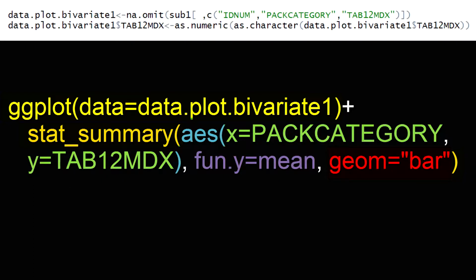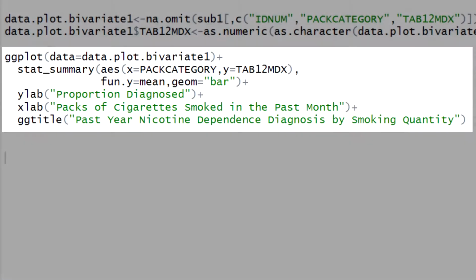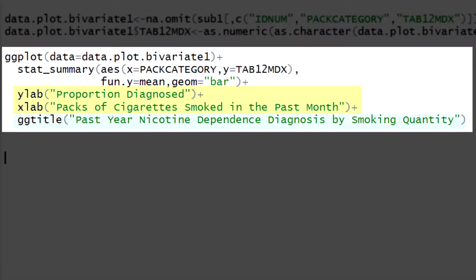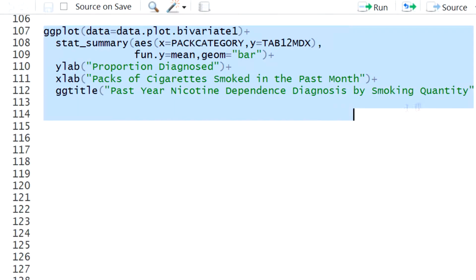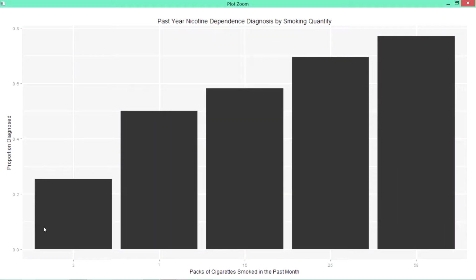This produces the plot, but to make this plot more interpretable and appropriate for presenting our results, we should add labels. The axis and main title labels can come in any order after you specify what it is that you're graphing. Here's our categorical by categorical bar chart. Pack category, our explanatory variable, is on the x-axis, and this is by the rate or proportion of nicotine dependence